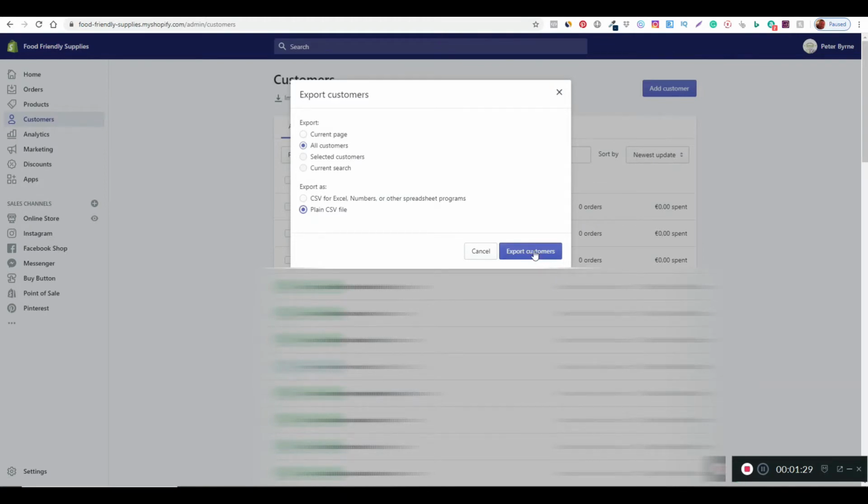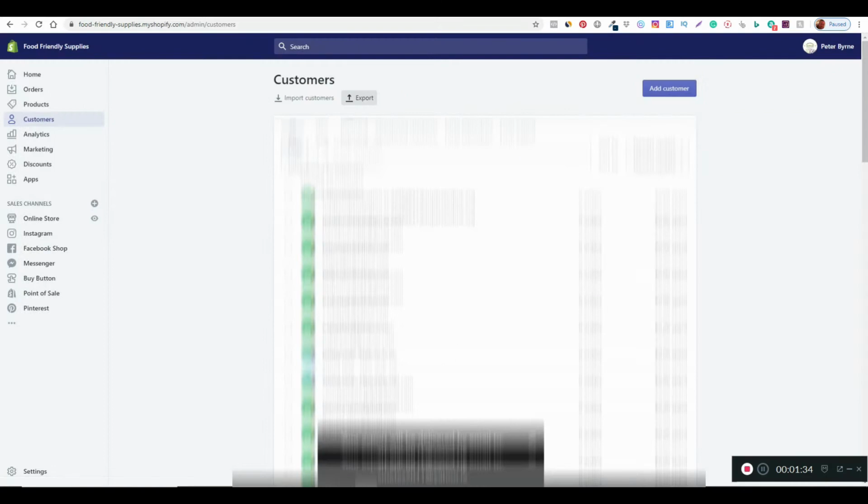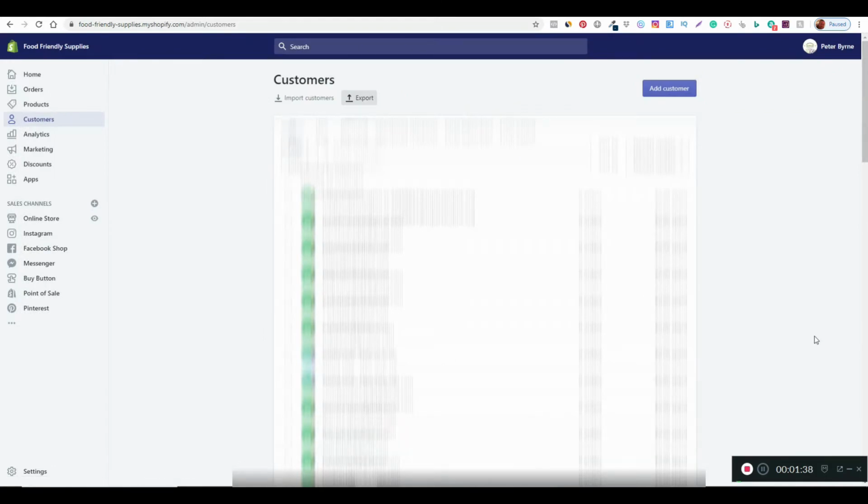So we're just going to click on export customers, and then it'll give you a notification to say that it's going to be sent to your email. So what you'll do is open up your email and then you'll be able to download the file from it. So once you've done that and exported your email leads list,